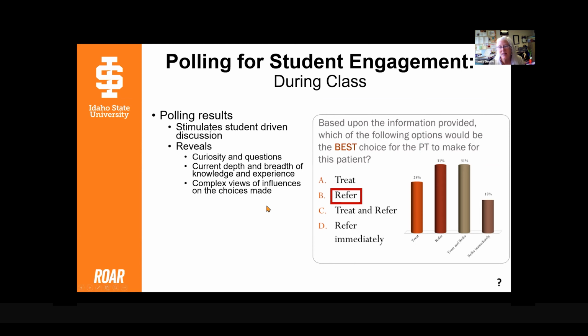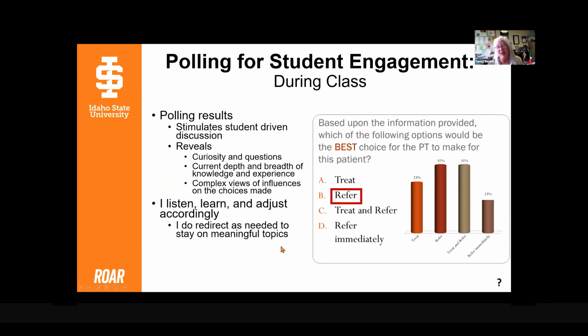So it kind of tests those boundaries and nudges people towards how they make, for me, clinical decisions. But I think it doesn't have to be a clinical decision. It could be anything. It could be political, it could be something about literature and opinions, right? It could be where opinion versus a right answer, where students can then practice how to articulate in a compelling manner and respectfully. So I get to listen, learn, and then adjust and tweak accordingly if they start going off